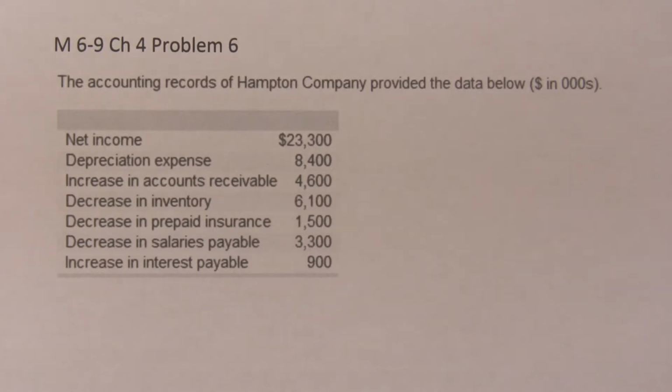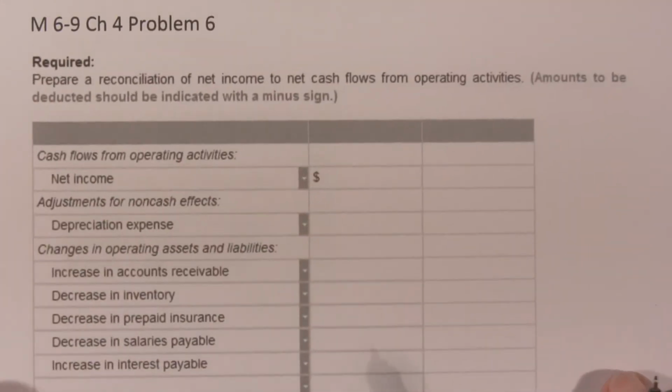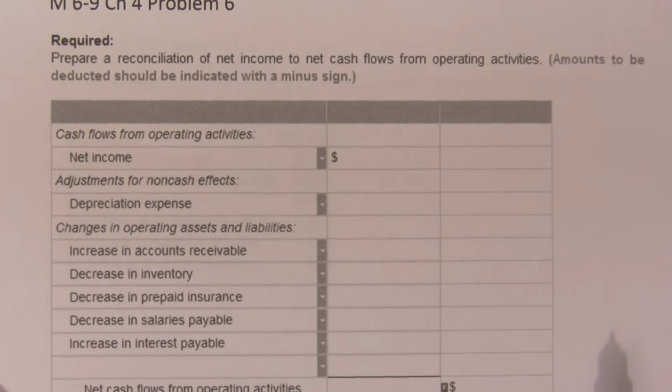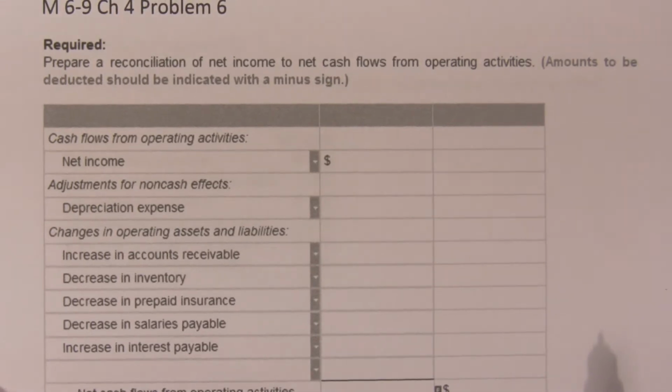Okay, Chapter 4, Problem 6 asks us basically to do a statement of cash flows for the operating section by the indirect method. That's what it's saying when it says prepare a cash reconciliation. So that we're reconciling net income to cash flows from operating activities. Well, if you remember, we talked about this in class,